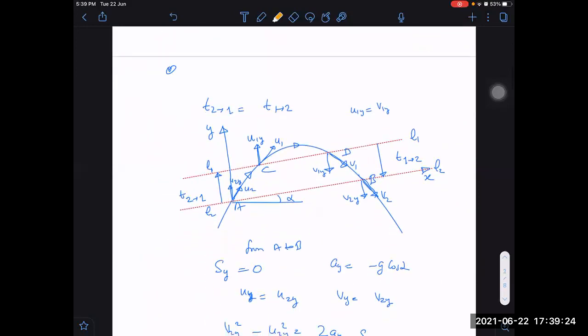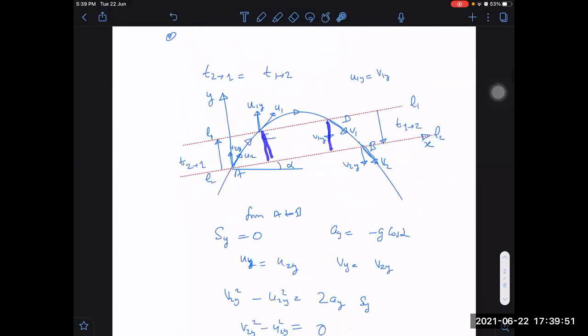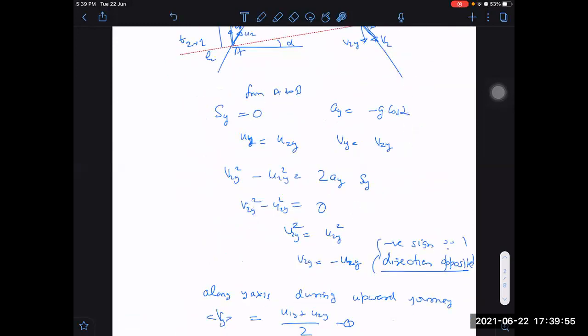Next. What about this here? What I stated here is that the time taken to go from line 2 to line 1 and the time taken to come from line 1 to line 2 will be equal. Why is it equal? Because the average speed is the same perpendicular to the lines, and the displacement is the same. So distance upon average speed will be the time taken, so the time taken will come out the same. The main idea is this only. The rest is just a story to tell in detail why the average speed is the same.